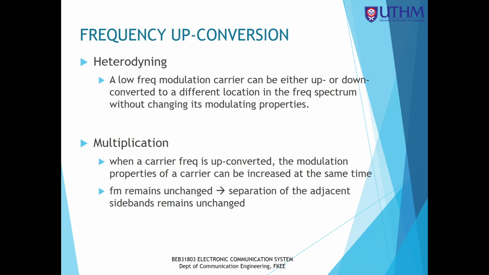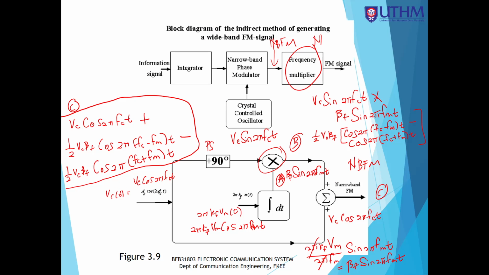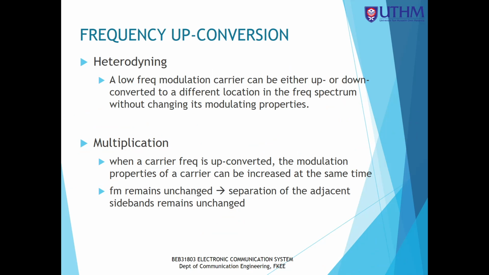Okay, itu ada ditunjukkan di sini, saya nak tunjuk sekejap last berkenaan dengan frequency up conversion. So frequency up conversion, macam mana kita nak increase the frequency? We have two methods, either using a heterodyning or using the multiplication process. Okay, so tadi adalah heterodyning process sebenarnya, yang mana kita membuat proses modulation itu sendiri akan menaikkan nilai frekuensi pada output. Okay. Dan yang kedua adalah proses multiplication.